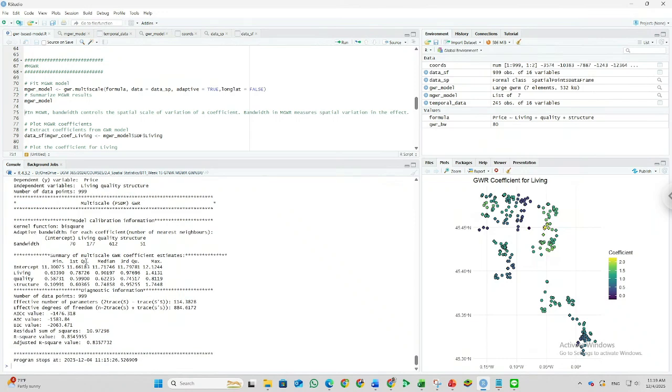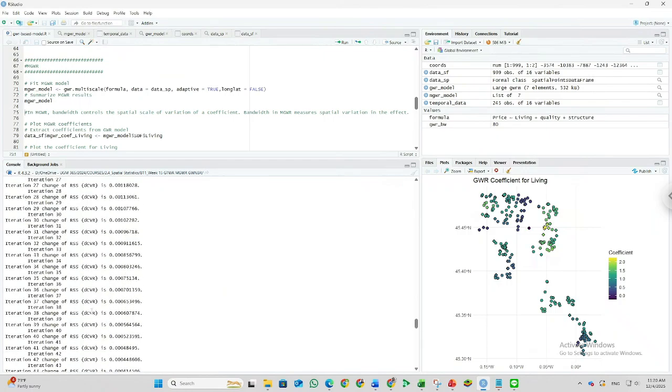Okay. For the coefficient, it is the same: we have different values based on the coordinates of the point. In the GWR, we have coefficients from negative to positive, but in the MGWR, we have a range that is also positive. The positive is similar to the global regression or OLS.